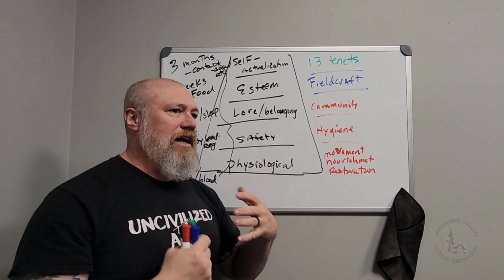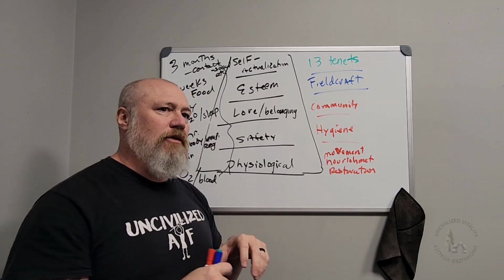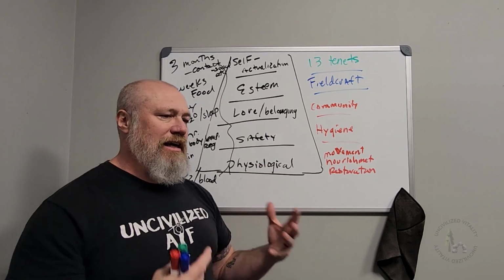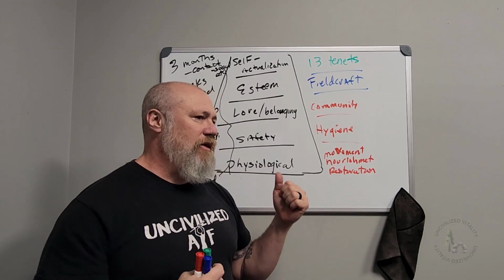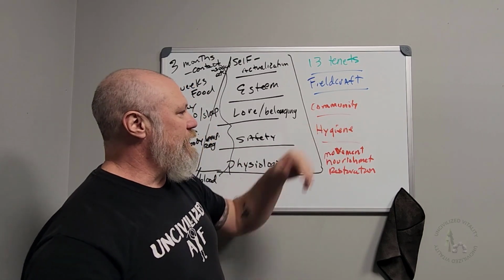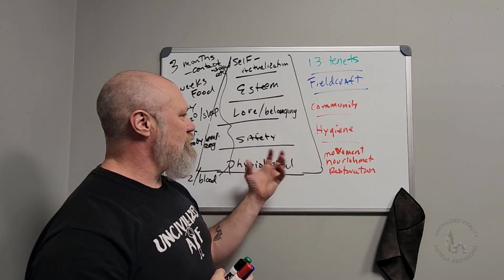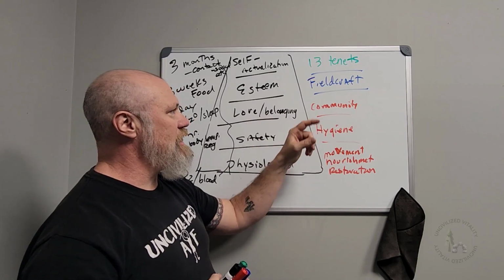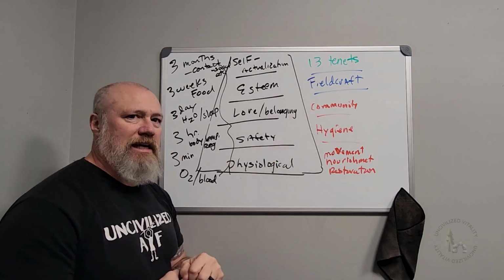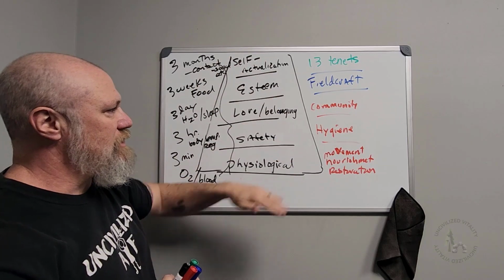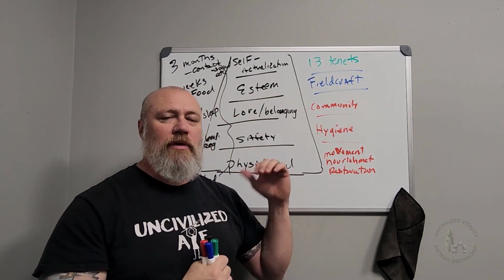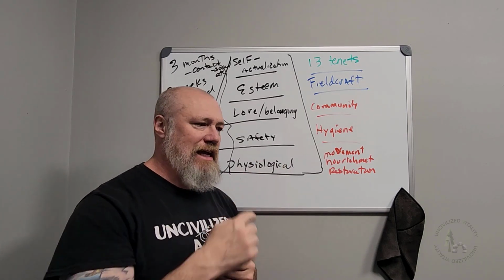At Uncivilized Vitality, in an effort to help somebody become a fully realized individual, or Jungian individuation, we say happy and healthy optimization: being as happy and healthy as you can, psychologically, a sound mind, a sound body. We have the 5 vital paths of movement, nourishment, restoration for your physiological and safety needs, hygiene, community, our Fieldcraft teachings, and then our 13 philosophical tenets, which meet these Maslow's hierarchy of needs. Now I've got a Maslow's hierarchy of needs video to reference. When I mention it in other ones, you can tag it back to this one.